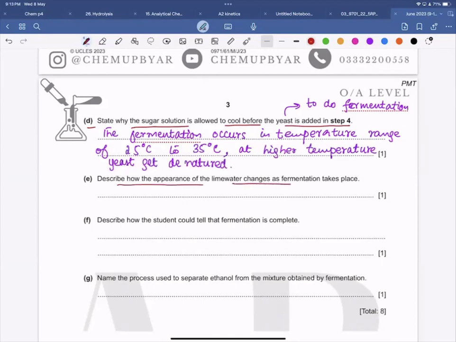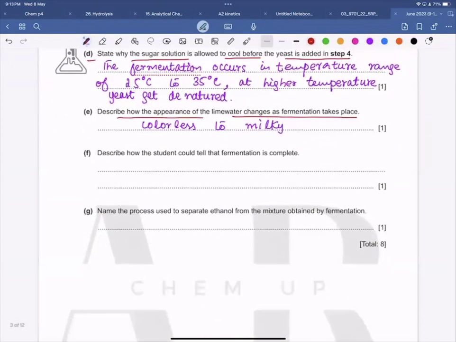Describe how the appearance of the lime water changes as fermentation takes place. As fermentation takes place, the carbon dioxide gas is formed and it turns the lime water milky. So it is initially colorless and then it turns milky. Now, describe how the student could tell the fermentation is completed. As the carbon dioxide is forming, we are going to observe bubbles. So no bubbles forming indicates that